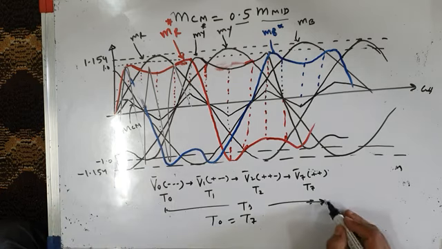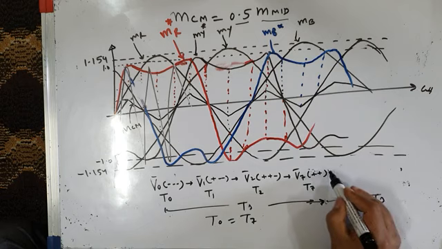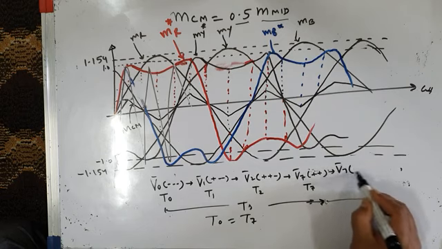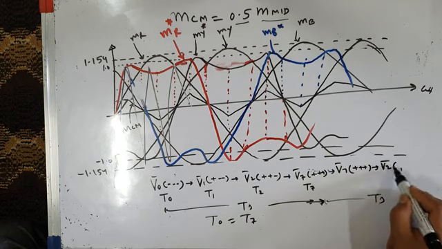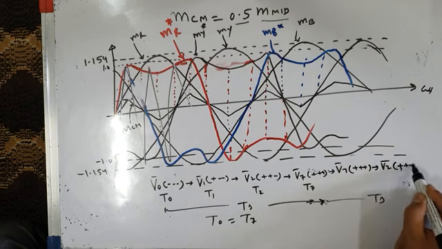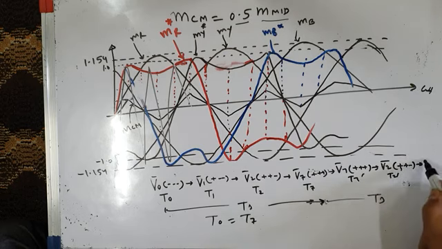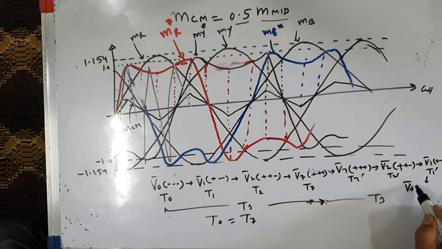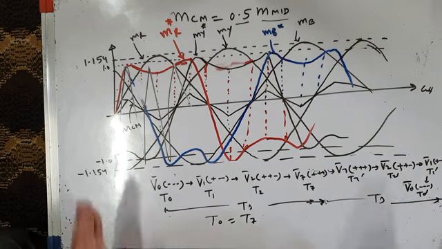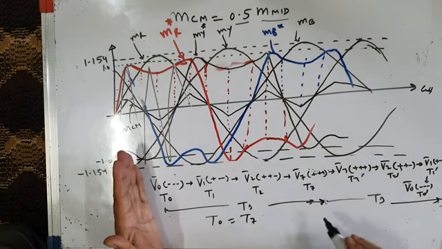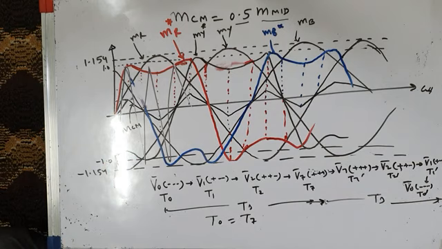This is one subcycle. In another subcycle, the reverse switching sequence will be there. V7 null vector will be applied first, plus plus plus, followed by V2 active vector, plus plus minus. This will be for T7 dash, this will be for T2 dash, followed by active voltage space vector plus minus minus V1 for time interval T1 dash, followed by null voltage vector V0 minus minus minus for time interval T0 dash. That completes the second subcycle, and that completes one sample. That's it. So therefore,